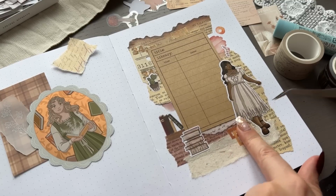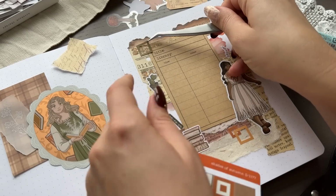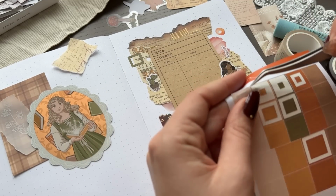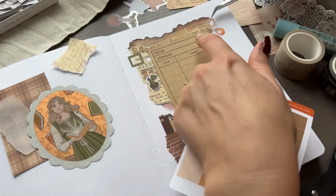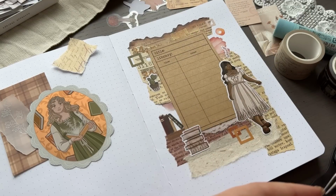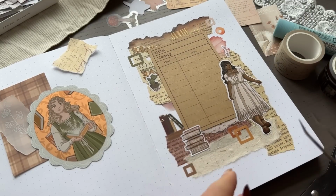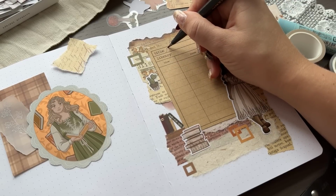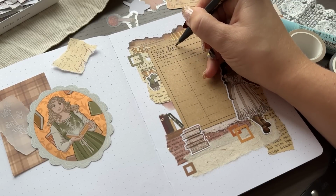So I used a lot of my own stickers for this cover page. In case you didn't know, I have a little sticker shop where I sell my own stickers. So on the right page here, like the girl sticker and some of the book stickers and the square stickers, those are all mine. So is the sticker that you see on the left page here with the kind of